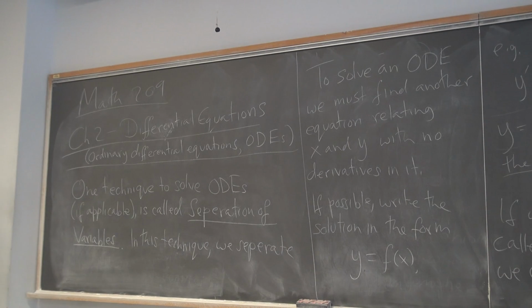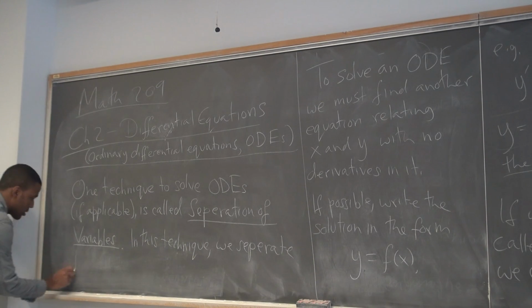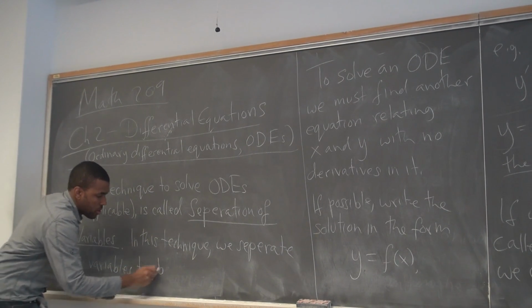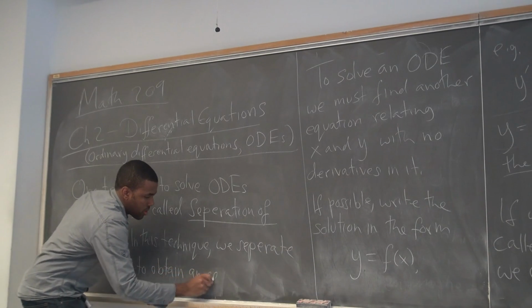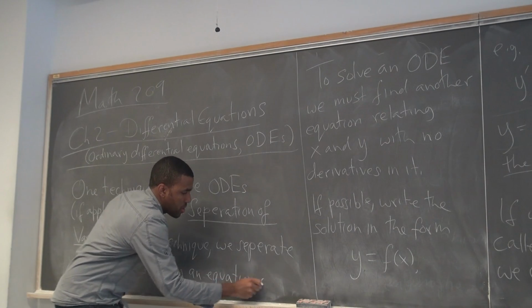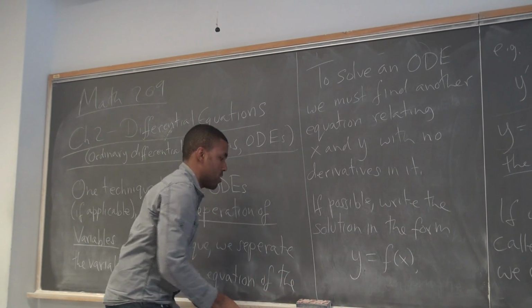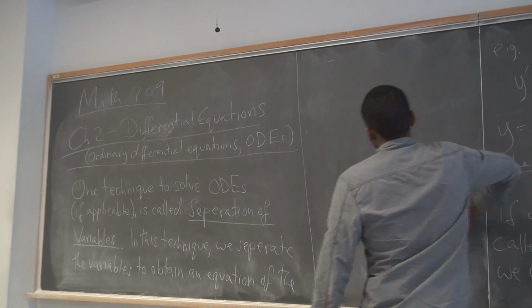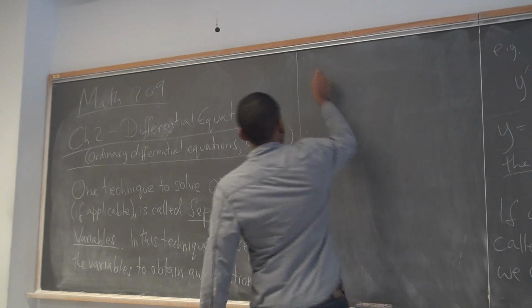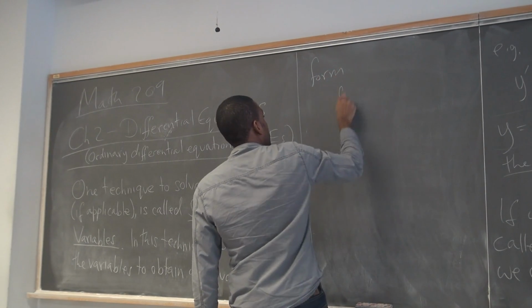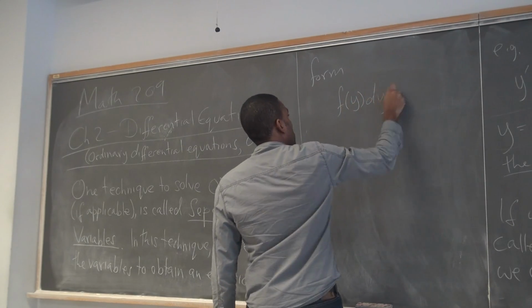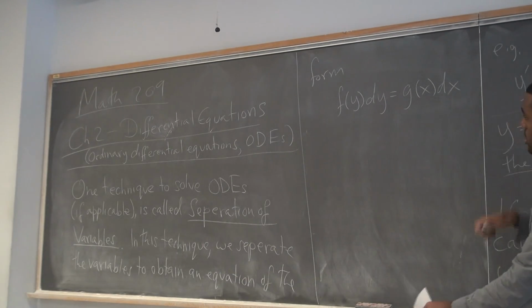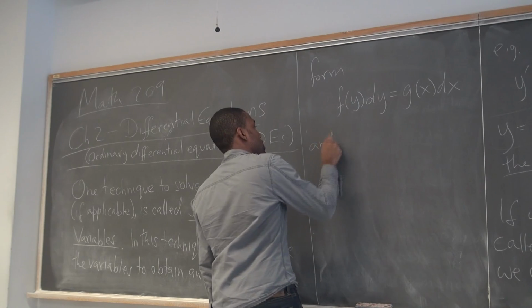We try to get all the x's on one side and all the y's on the other side. You get all y's on one side, all x's on the other side, and then